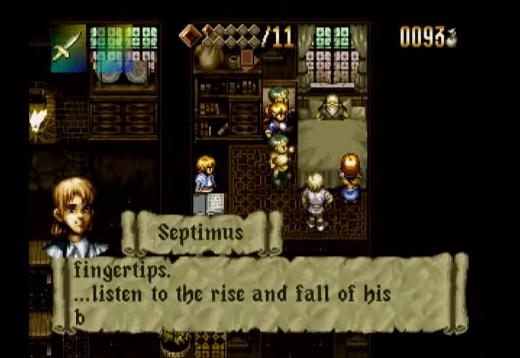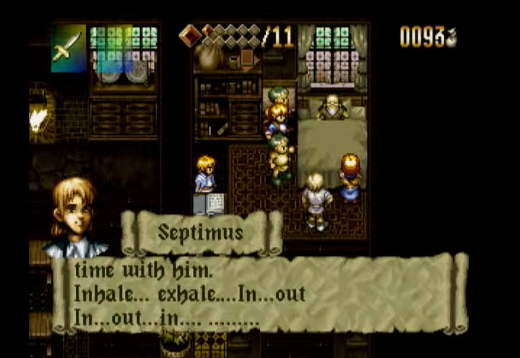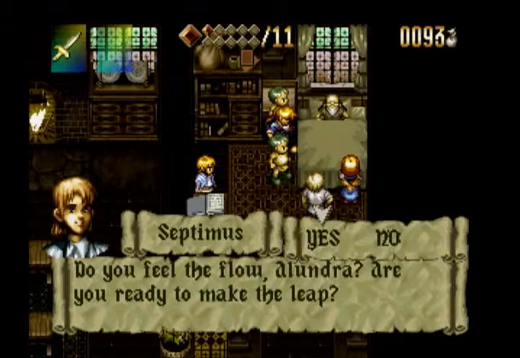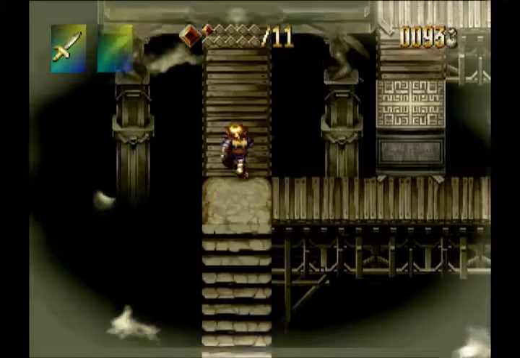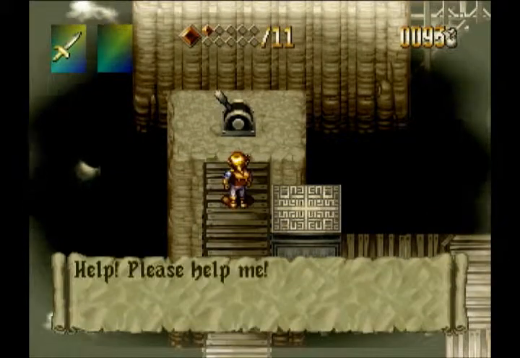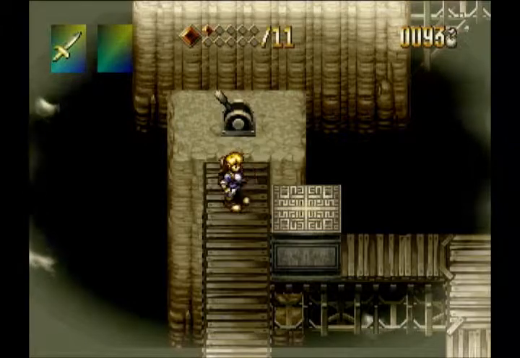Pretty straightforward. Rise and fall, breathe in, breathe out. Alundra's falling asleep. It's basically teaching us how to fall asleep next to the guy, standing up. Sure. Here we are. That was fast. Loading screen, I didn't really cut anything out. This dungeon is incredibly simplistic, but in general, I find that the dreams themselves tend to represent really generic sort of puzzle environments, so...